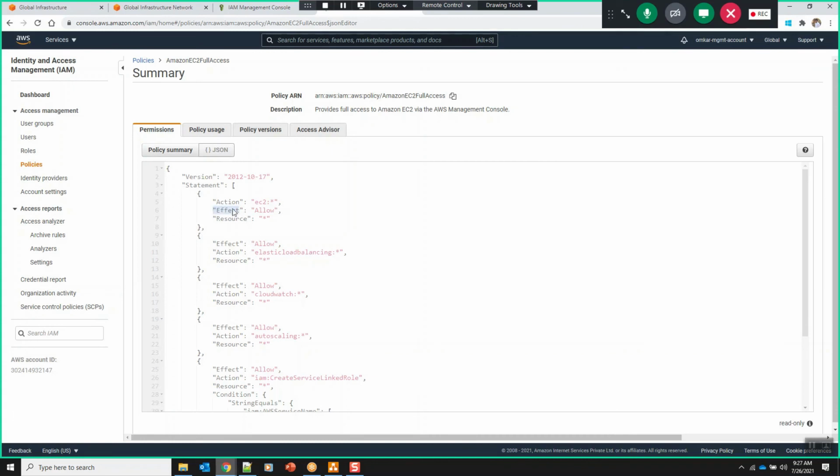E is effect, A is action, R is resource. E tells about whether our action is allowed or not. Effect could be either allow or deny. And in the case of action, it tells what kind of actions we can do on the resources.